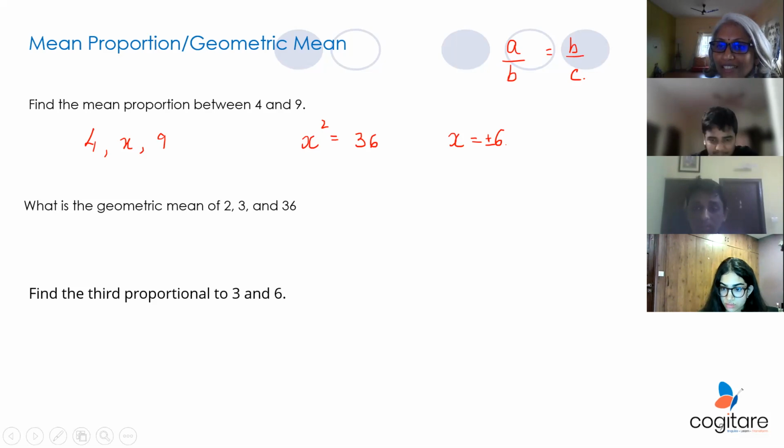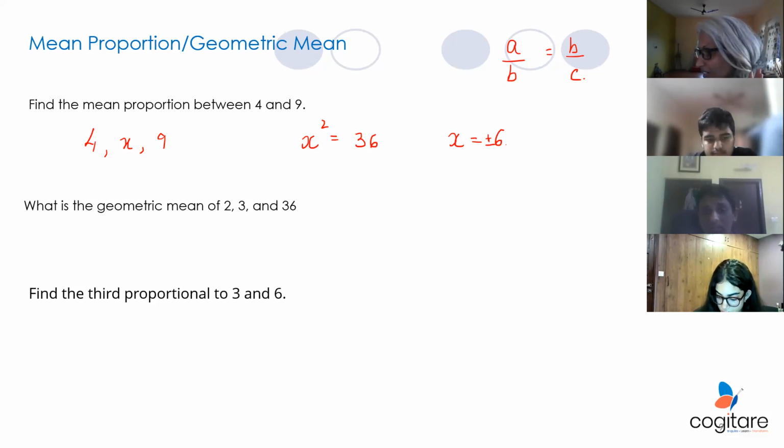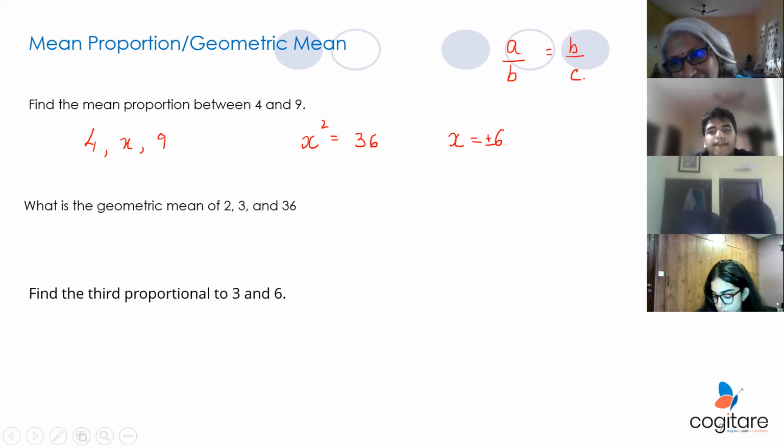But the only thing here is, it's not about negative numbers or anything. In general, when you're comparing stuff and you're talking about ratios, then you're talking about positive numbers. Okay, guys? Technically, your answer is plus or minus 6. In your books, if it is RS Aggarwal, sometimes you see negative 6 not coming into the picture. But technically, it is still correct.